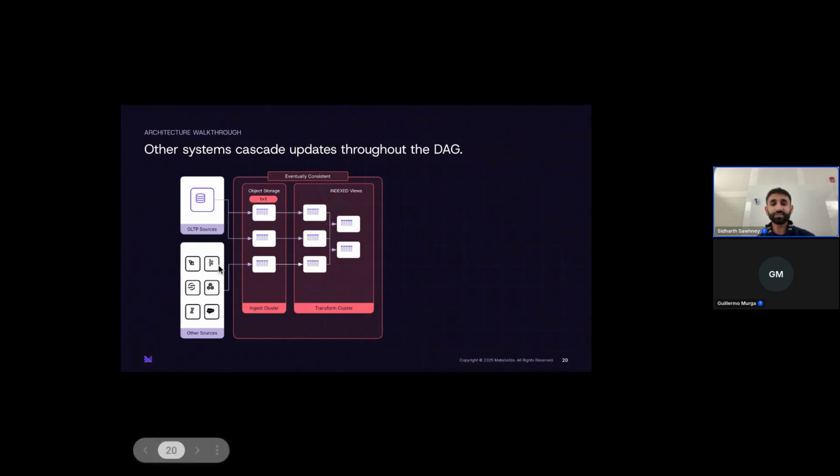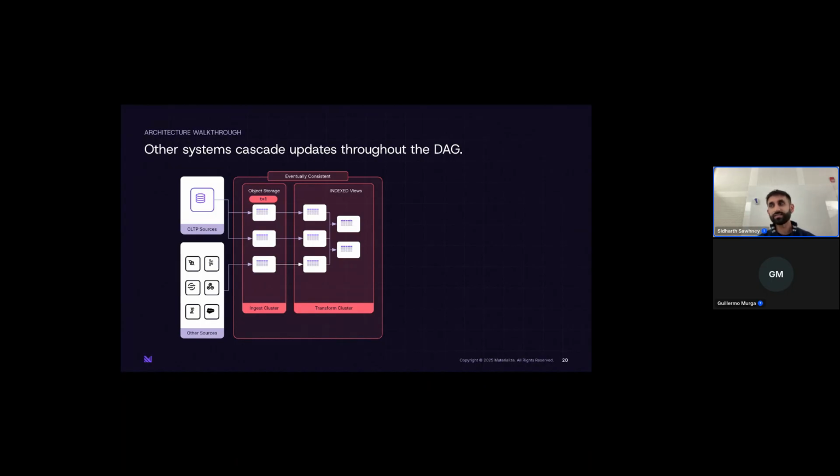Materialize doesn't just read information from these sources, or just receive inserts or updates. It receives the full fidelity of information coming from its sources. What that means is it receives inserts, updates, and deletes from your transactional systems, and also preserves the transactions of the source system.